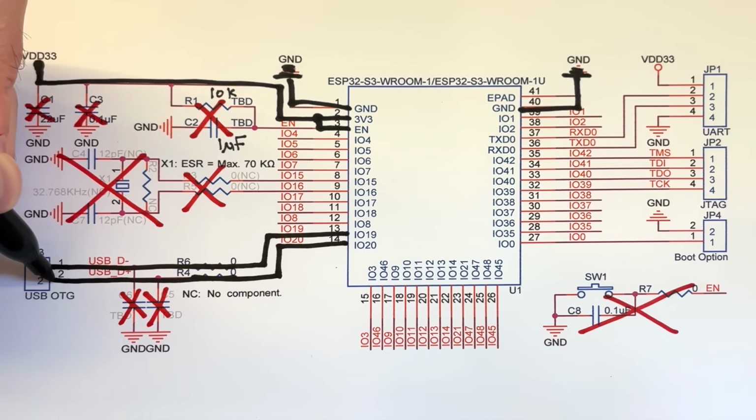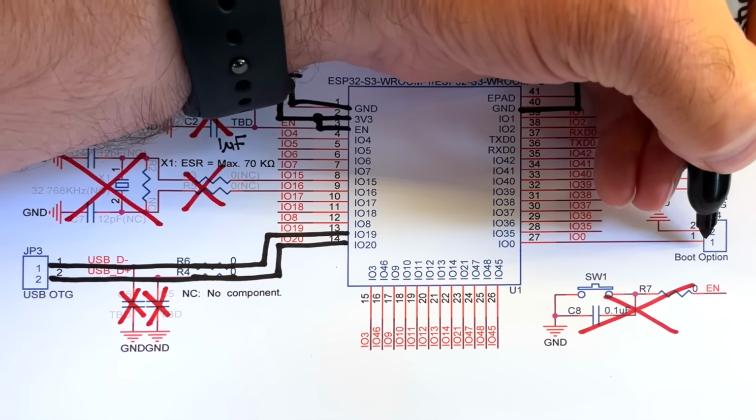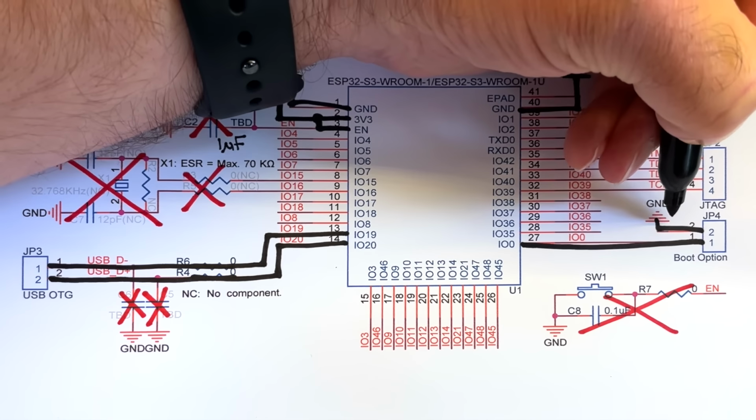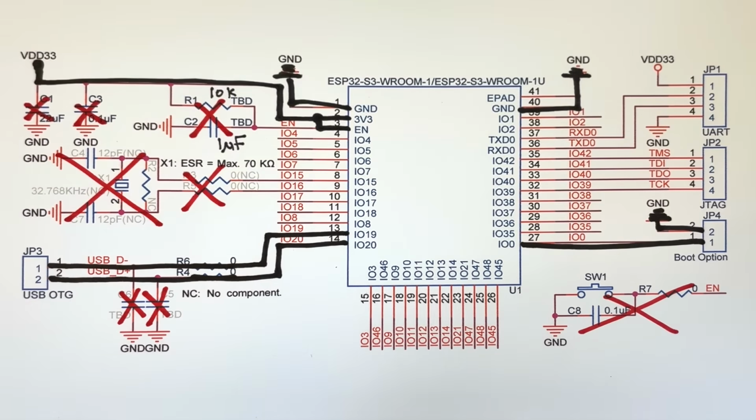Now, if you're using a brand new fresh module straight out of the factory, you may need to connect the IO0 pin to ground to manually put the ESP32 into download mode. My experience is that you only need to do this the first time you program the module. However, your mileage may vary. It does seem to be quite fussy, and the internet is full of people complaining that they can't program their